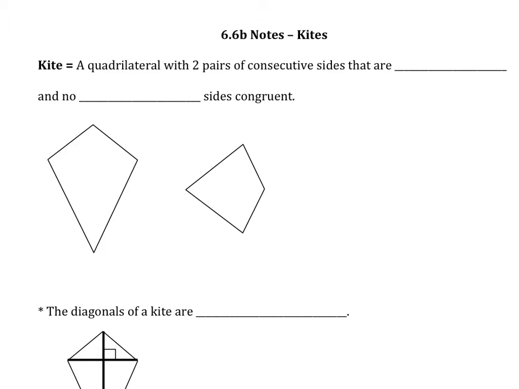So 6-6b, definition of a kite. You've probably seen this figure many a time, just maybe not in a mathematical sense. So we're going to talk about what we know about it. A kite is a quadrilateral, so a four-sided figure, that has two pairs of consecutive, what's consecutive? The ones that are next to each other, right? Consecutive sides that are congruent